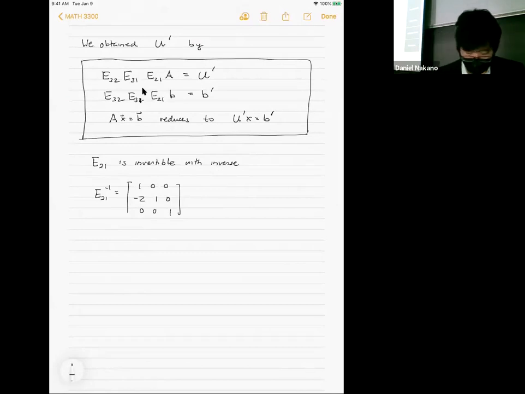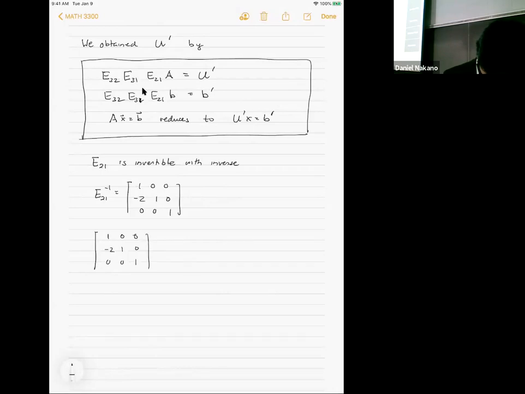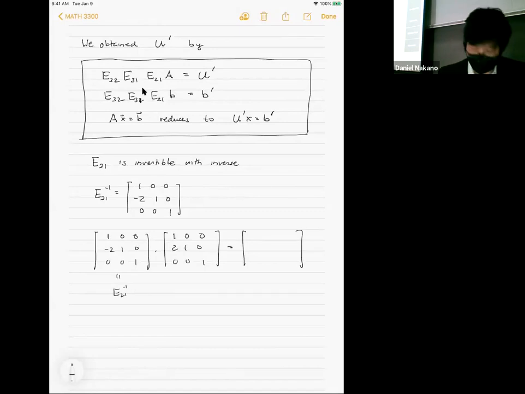Okay, so I don't know. Let's just check really quick. We have 1, 0, 0, minus 2, 1, 0, 0, 0, 1. Okay, so this is E21 inverse. And then remember what E21 was: 1, 0, 0, 2, 1, 0, 0, 0, 1. Okay? All right, so if I take the dot product with all the columns, I'm just going to pick